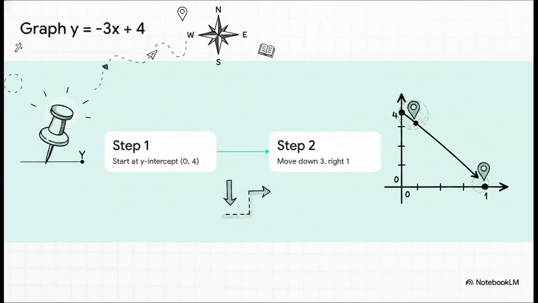Here is our first course to chart, y equals -3x plus 4. Step 1, we look for our starting pin, the y-intercept. That's the +4 sitting at the end there. So we drop our pin on the vertical y-axis at (0, 4). Step 2, we look at our slope, which is -3. Those are our driving directions. Because it's negative, it literally sends us down 3 spaces and then right 1 space. We drop our next pin right there, draw a line straight through them, and just like that, we've successfully mapped